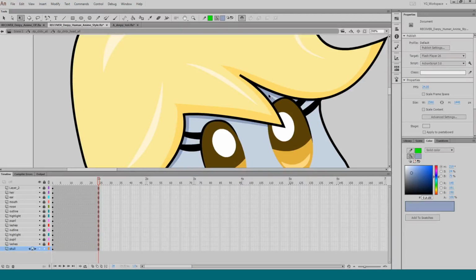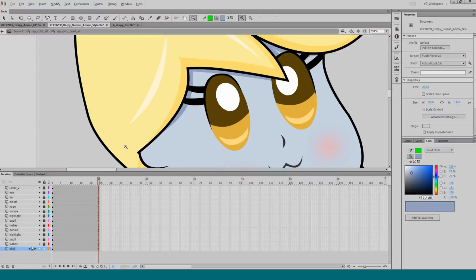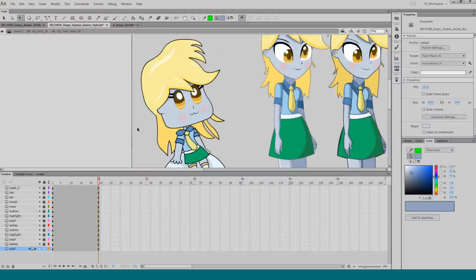It's off. Okay. Yeah, just that a little bit. Adds a tiny bit of dimension to it. Really looks like it has more depth to it. Cool.